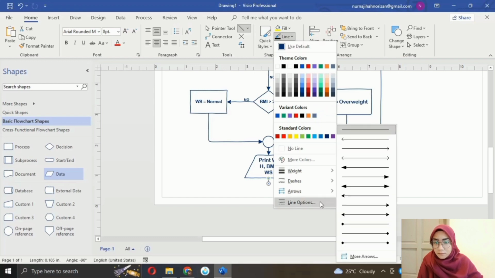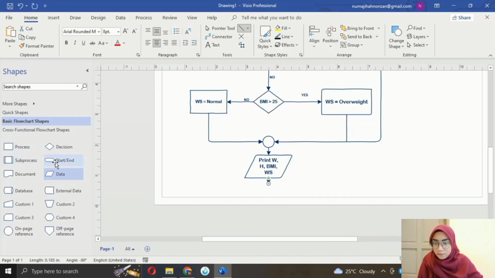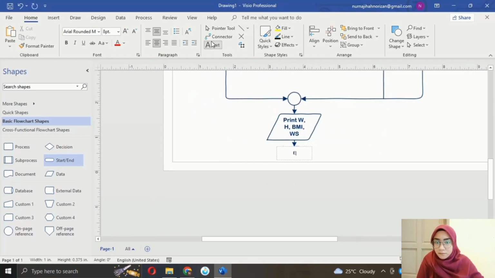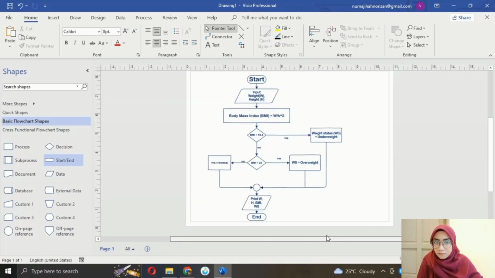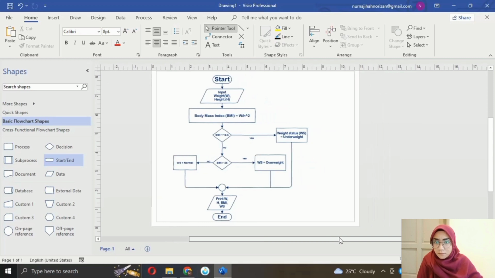And this shows the last process. So next we use an arrow followed by a terminal symbol, and the explanation is end. This is the flowchart to help Maleni